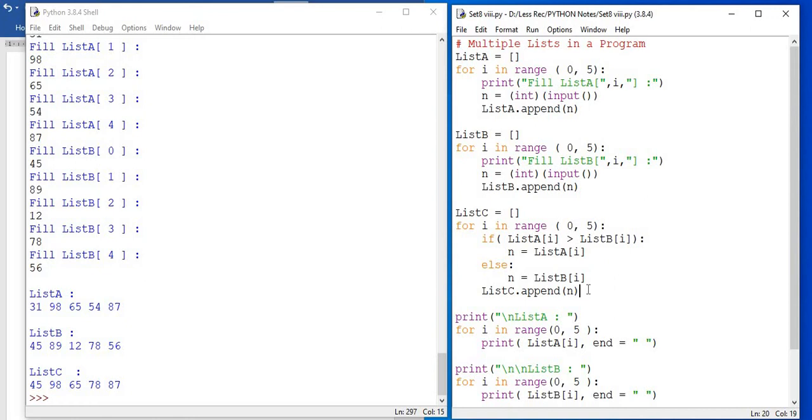If list A's item at index I is larger than the element in list B, then N gets the element from list A. Otherwise, N gets the element from list B. This helps us find the larger of the corresponding elements. So the comparison takes place first between 31 and 45 in this example. Then out of the two, whichever is larger comes to N, which goes to list C and gets added